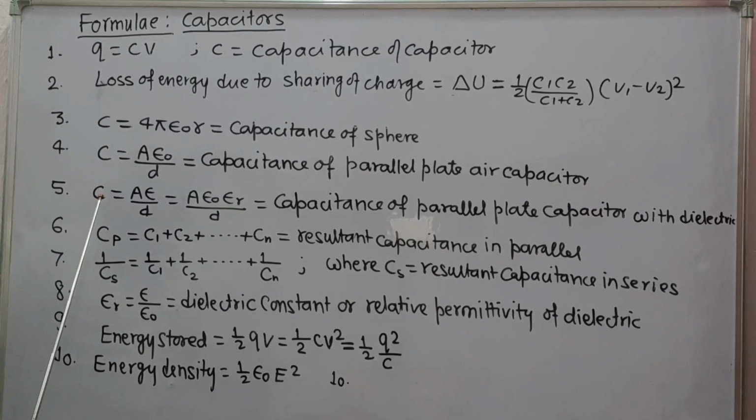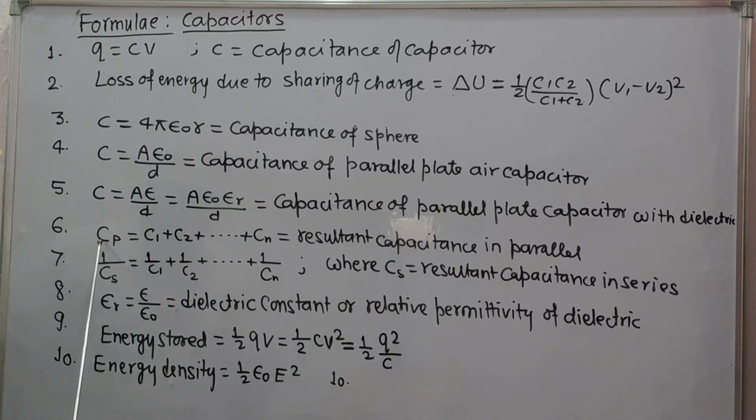Next, capacitance of parallel plate capacitor with dielectric is given by C is equal to A into epsilon upon D, where epsilon is equal to epsilon naught times epsilon R. So C is equal to A epsilon naught epsilon R upon D, where epsilon R is the dielectric constant of